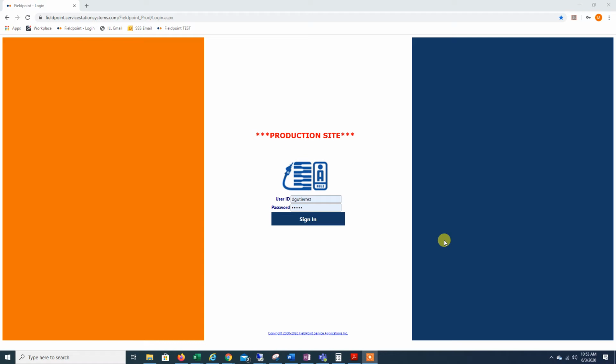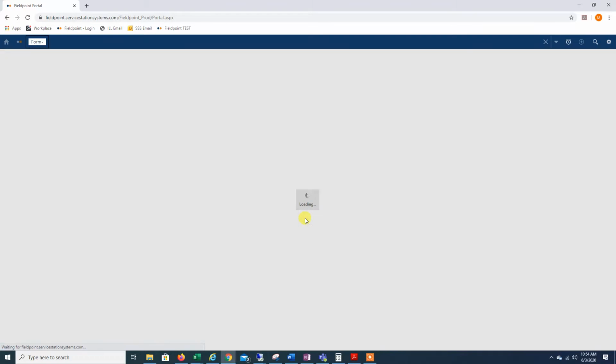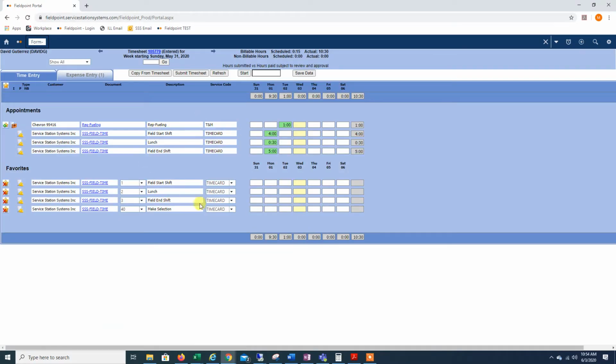So today we're going to go over how to enter in time for our time card into Fieldpoint. First I'm going to sign in with my test user here. And as you notice, there's going to be a new home screen. This is called Appointment Manager, and this is where we're going to enter in our time for our time cards